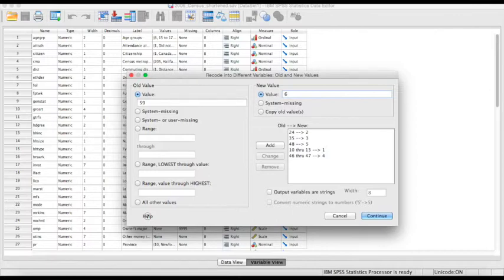Number 1 will represent Newfoundland and Labrador in the new data set, along with Prince Edward Island, Nova Scotia and New Brunswick. Number 2 will represent Quebec. Number 3 will represent Ontario. Number 4 will represent Manitoba and Saskatchewan. Number 5 will represent Alberta, and number 6 will represent British Columbia. SPSS will execute the transformation necessary to establish our sample cases as relatively equal in terms of both their size